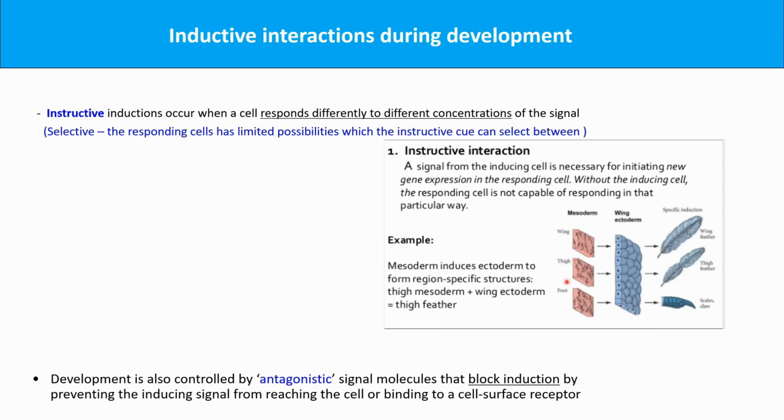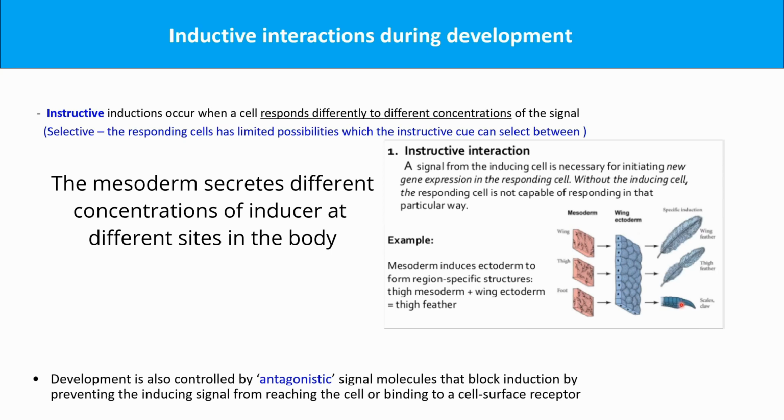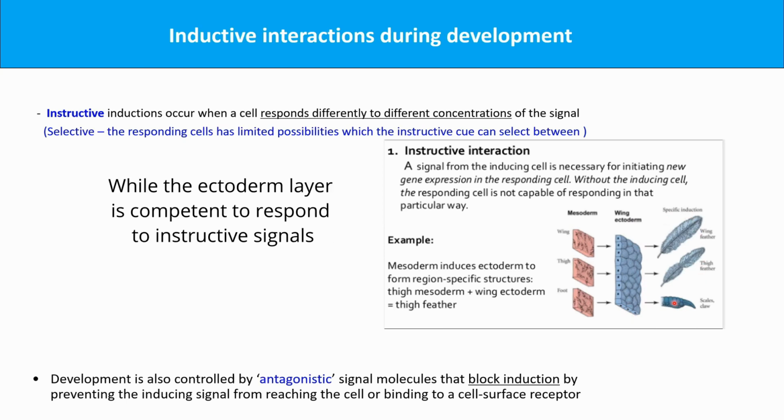But if we take some thigh mesoderm and introduce it to the wing ectoderm, it will cause the wing ectoderm to develop into a thigh feather. And if we take some foot, it would cause the wing ectoderm to develop into scales and a claw, like on a foot, right? So this wing ectoderm can respond in different ways to